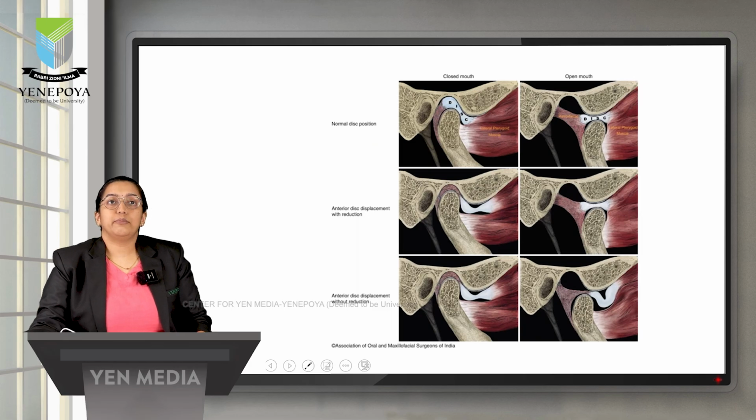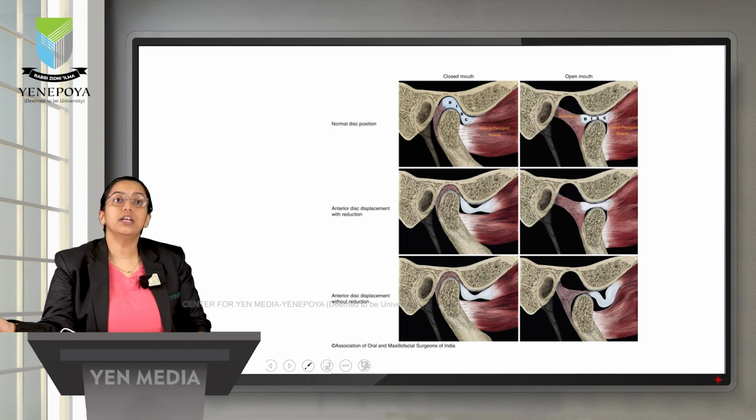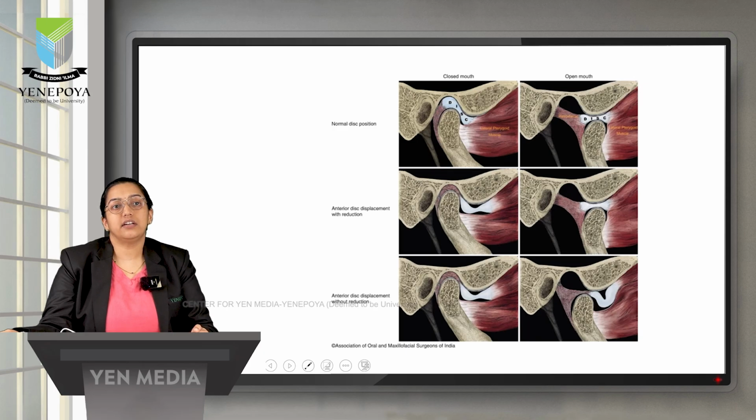Now if you see in these images, the first column gives you a closed mouth position and the second column an open mouth position in normal, anterior disc displacement with reduction, and anterior disc displacement without reduction. If you see the first row of images, it shows a normal disc position on closed mouth and